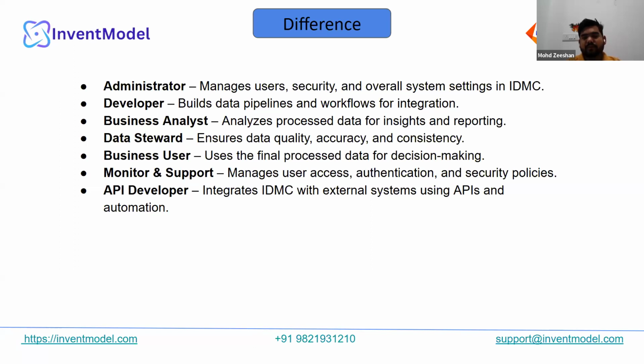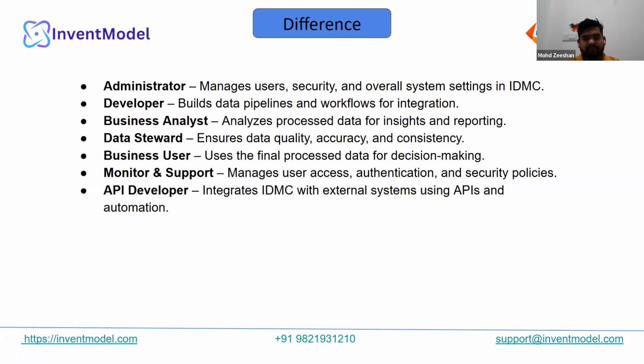And then we have API developer. API developer means, suppose we want to interact with an external system or any other system. Here API will work, because we can't directly interact with another system. We can interact with the help of APIs, because internally any project works on an API in the backend. That's why API developers manage the external systems, so developers can easily interact with other systems, and these developers help to improve and manage the